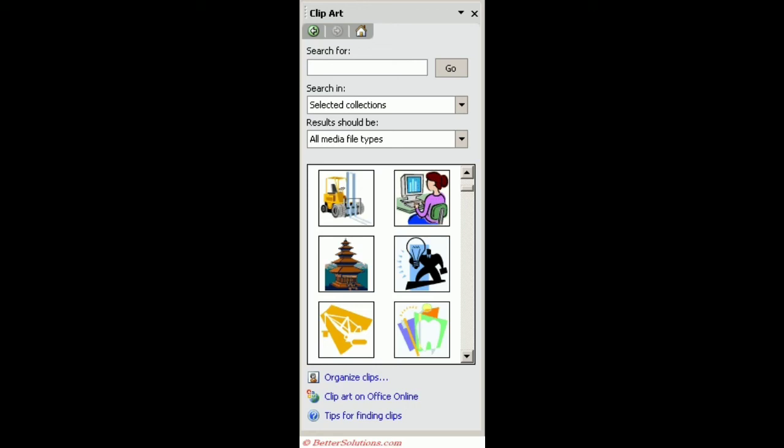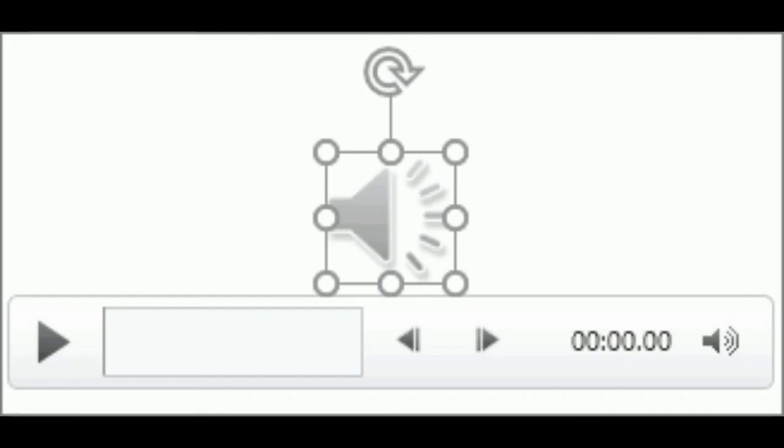You have to double click the audio clip which is to be inserted from this list. Once the audio clip has been inserted, an audio icon will appear on the slide. What you see in this picture is the audio icon appearing on the slide. You can click and drag it to any location over the slide, and to play the sound during a presentation you have to click on that icon. So this is how you can add an audio clip to a slide.